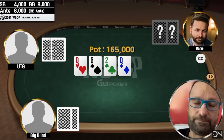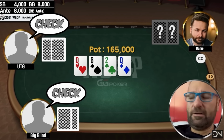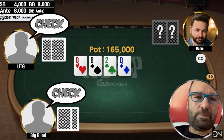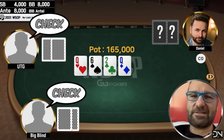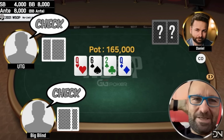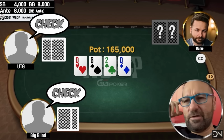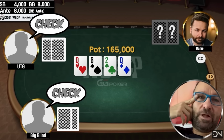Now the turn pairs the queen. They both check to me. If I were to bet here, right? How the hell is that ever going to be a bluff? It's just not, right? I'm always going to have here pocket 6s, pocket deuces, king-queen, queen-jack, maybe some queen 10, but not queen 9 because I'm folding that pre-flop even if it's suited. So that doesn't leave a whole lot of bluffs, right? But,